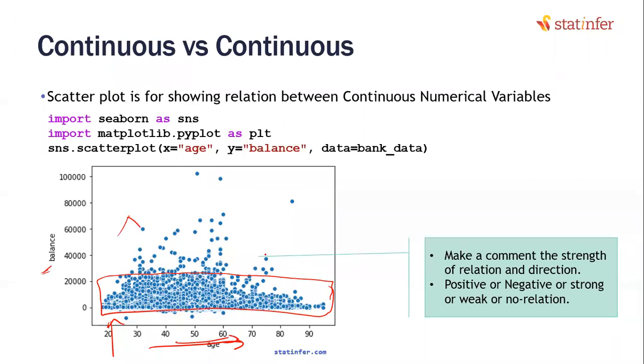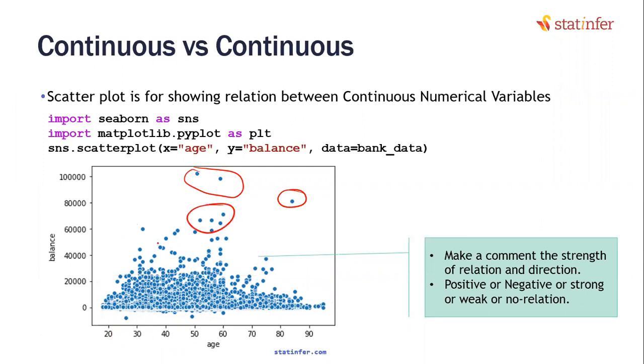So there is no relation. There is no strong conclusive evidence that both of them are related. Sometimes what you can do is, some outliers are also there, right? That's a good point. There are some points that are very different from the rest of the points. Yes, there are some outliers present from both the x and y point of view.